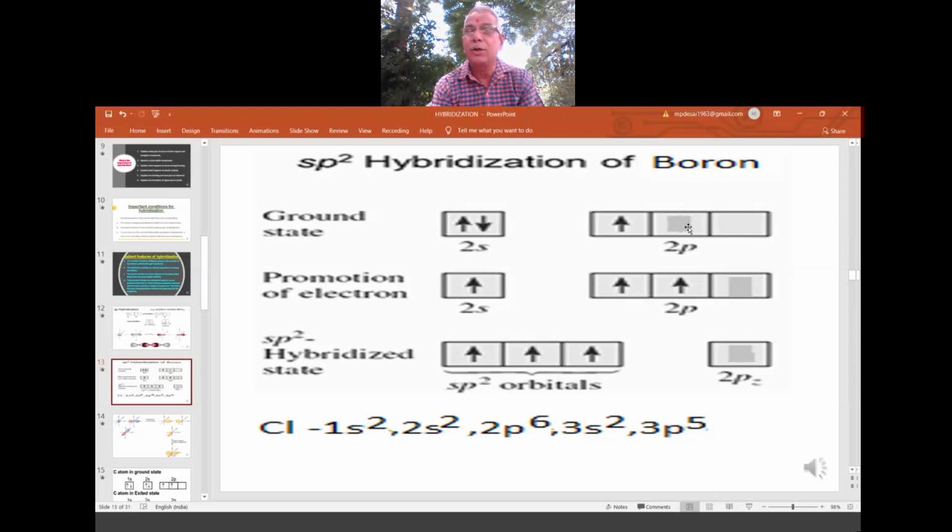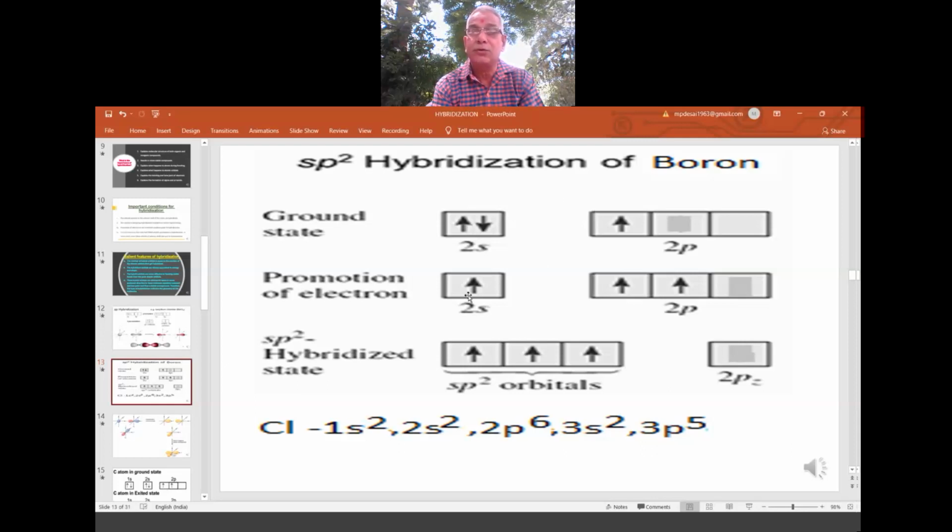Here 2 orbitals are empty. So therefore for us there is no problem at all. If space is not available, then problem starts. So anyway space is available in the same principal quantum number, and the 2s and 2p have almost equal energy. Therefore it is easy to shift an electron from 2s to the 2p.